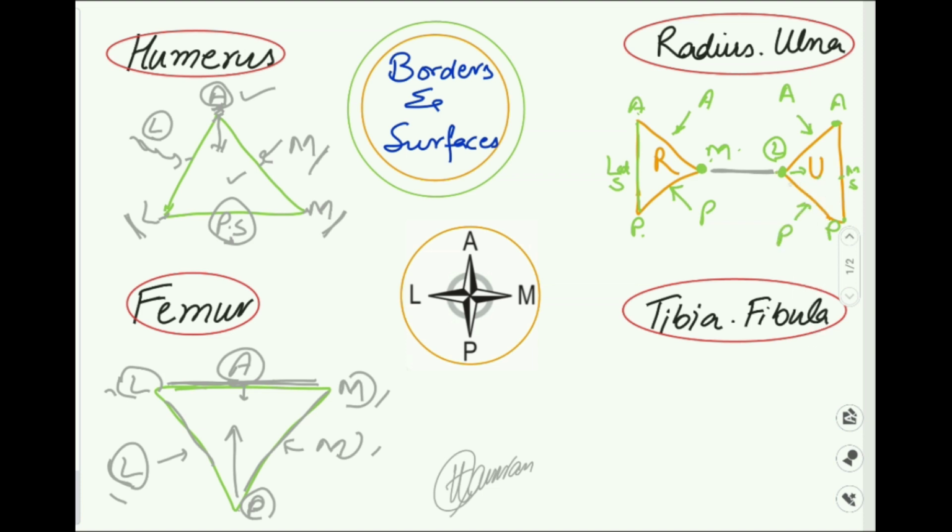So this is very simple. In the ulna, in the start you identify the lateral border and a medial surface. Rest is simple: anterior border, anterior surface, posterior border and posterior surface. In the radius identify the odd ones. This is the medial border and the lateral surface. Rest is simple: anterior border, anterior surface, posterior border and a posterior surface.